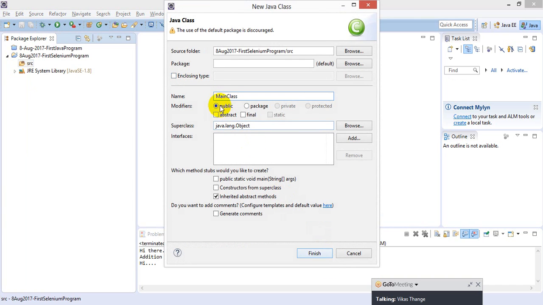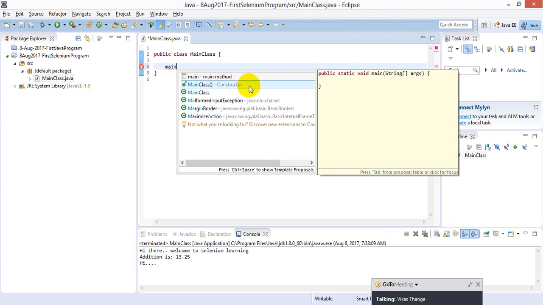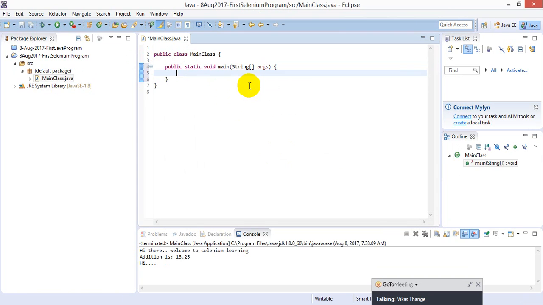This is the naming convention. Every first character of each word of a class will be in caps. This is standard naming convention for a class. I'm writing a main method, main, Control+Space, Enter. Okay, so there I can actually write code. So let's say I'm writing System.out.println